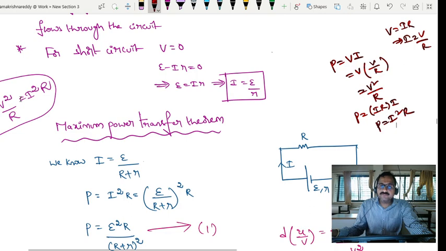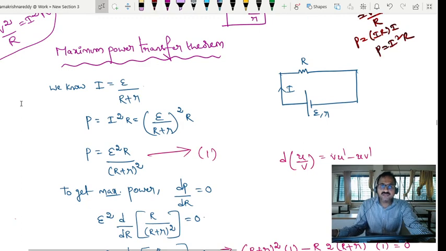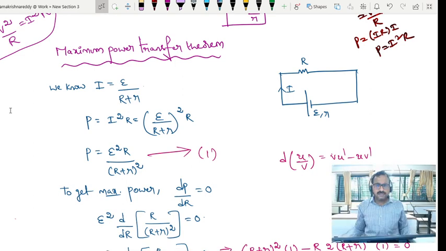Next one, the maximum power transfer theorem. That is nothing but the relation required to get the maximum power. You have to practice the derivation, just for our understanding only. I already told you, when you take a cell having an EMF E and internal resistance r that is connected to an external resistance R, the current flowing through the circuit is I is equal to E divided by R plus r only. Electric power we will discuss once again clearly later, but the main formula we know is P is equal to I square R, or V square by R, or V into I; different conditions are there. Now P is equal to I square R, which we substituted there, and you got equation number 1.